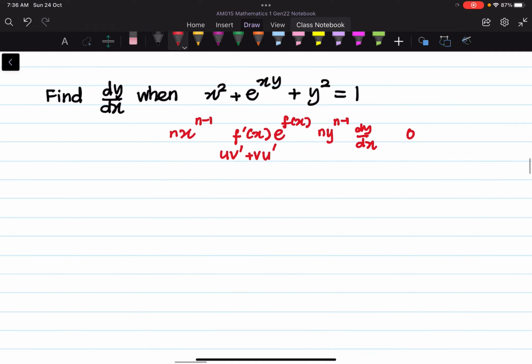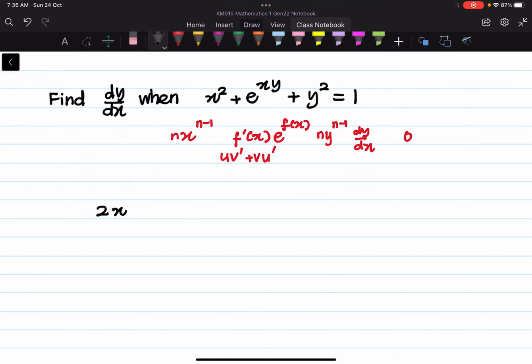So now let us differentiate. Differentiate x squared: bring down the power, copy down the x, and the power minus 1, which is 1, plus